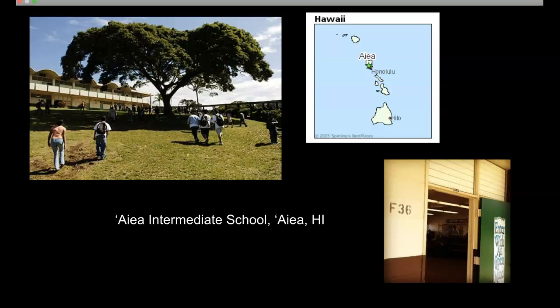So picture Aiea Intermediate School about 8 miles west of Honolulu on the Hawaiian island of Oahu. Culturally, my students were a mixed plate, which is another lovely metaphor, quite popular in Hawaii given its ethnic diversity. So I, of course, had Native Hawaiian students as well as many others from across the Pacific. So I had Samoan students, Marshallese students, Micronesian students, Tongan students, etc. In addition, I had students whose predecessors came to the Hawaiian Islands from Japan, Korea, China, the Philippines, Vietnam, Portugal,